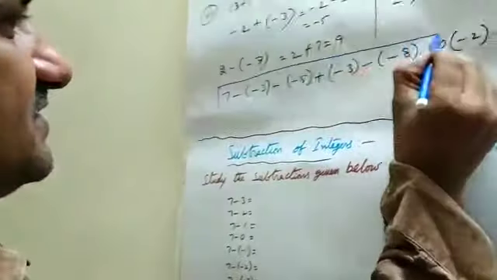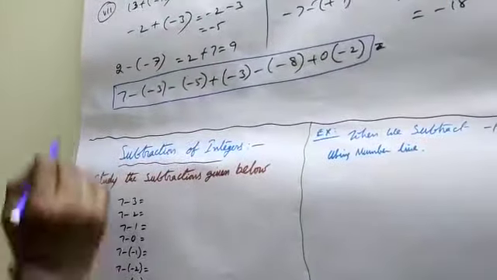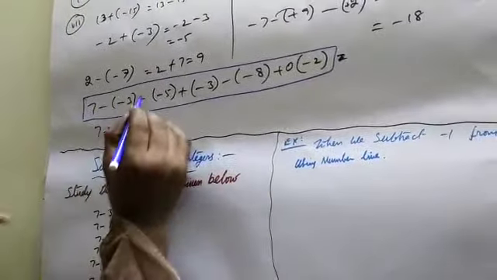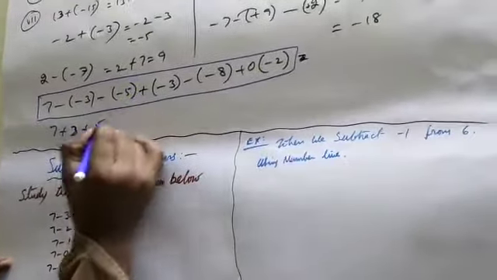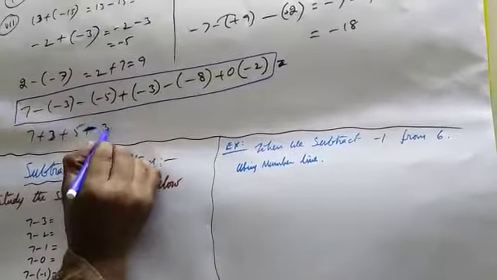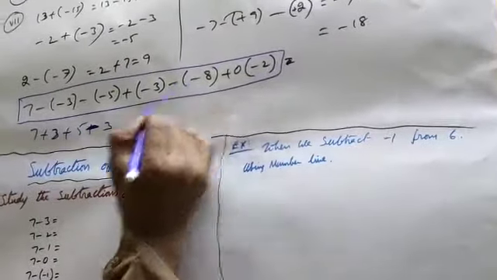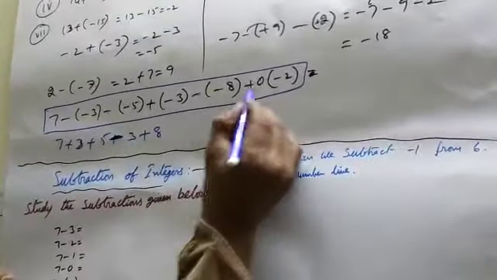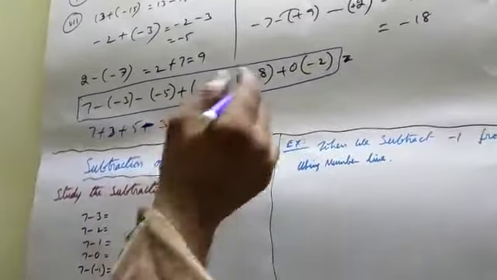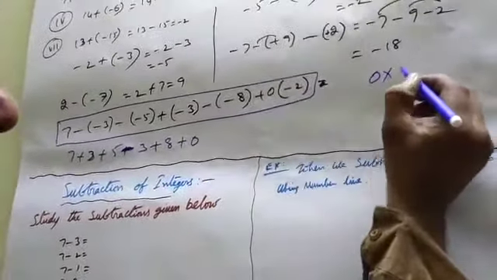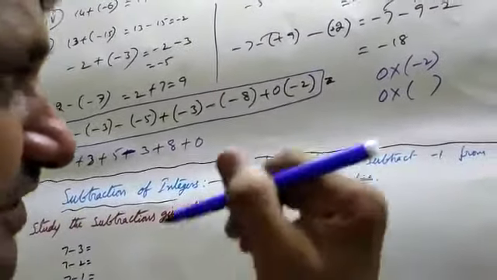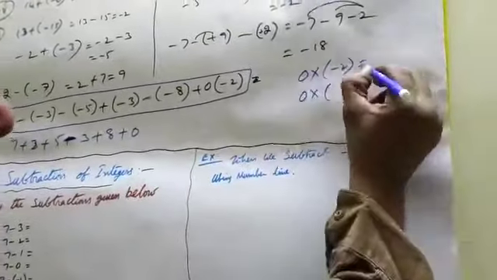Go to see one more example, like this, you take for example 7 minus into minus plus 3, minus into minus plus 5 plus into minus 3, here plus minus into minus plus 8. Plus 0 into anything is 0. Under multiplication with 0, whether it is a negative number or positive number, a big number or small number, whatever it may be, multiplication with 0, the result is always 0.